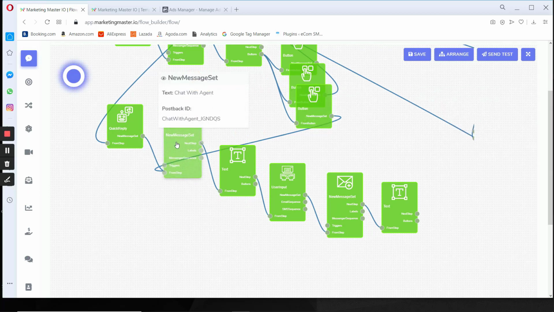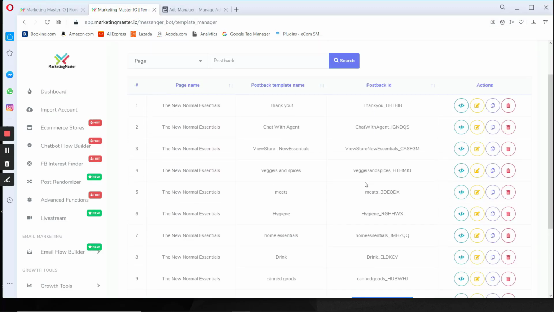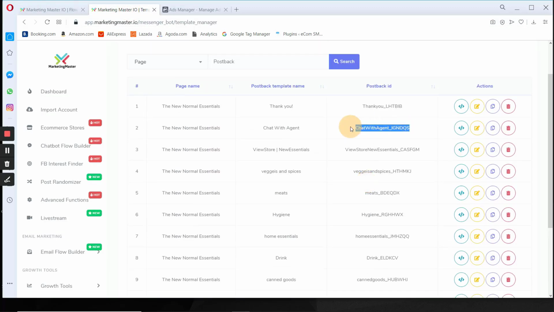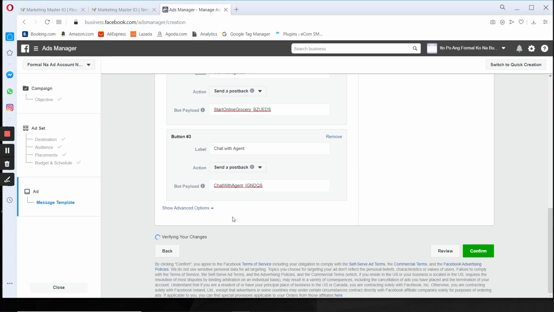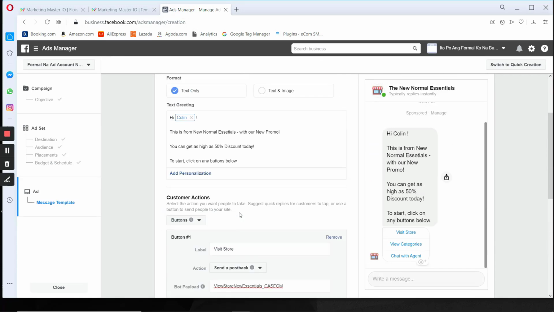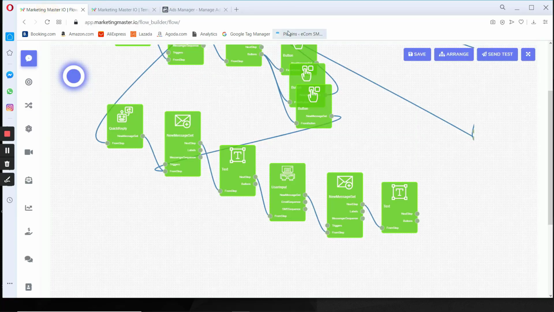Okay, so as you can see, the postback ID of this specific new message set is chat with agent IGND. So I think this is the one. Chat with agent IGNDQS. So I'm gonna copy that and then I'm gonna paste it in here. So that's it. That's how easy it is to compose your sponsored message and connecting it directly to your Messenger